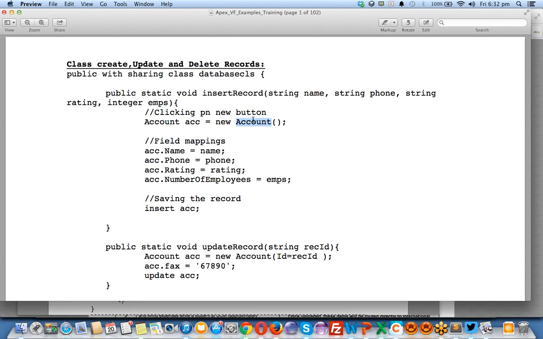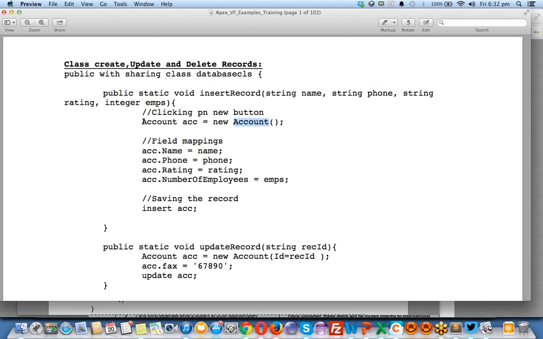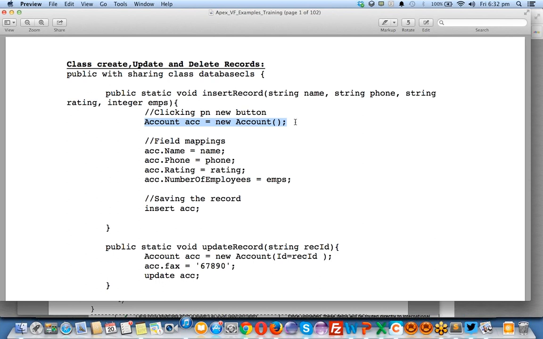So when I click on a button called New Account, I get a blank copy of the account page where I can put some details in the form and click save. This is what I have done. If my code executes this line, a new account object is created which has blank details. After that, acc is an object, right? So into the acc object, I am inserting some values.